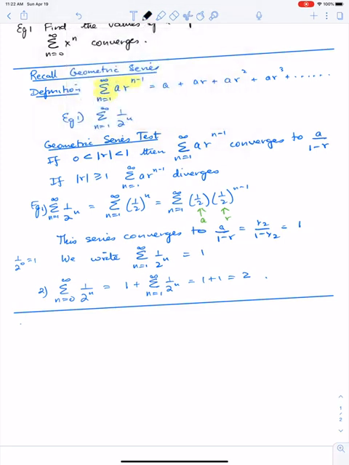So let's look at example 1. Summation n equals 0 to infinity x to the n. Now we already said that in this case, c is equal to 0, right? And instead of having a specific number like half to the n or 1/3 to the n or 7/4 to the n, you just have x to the n. Well, by the geometric series test,